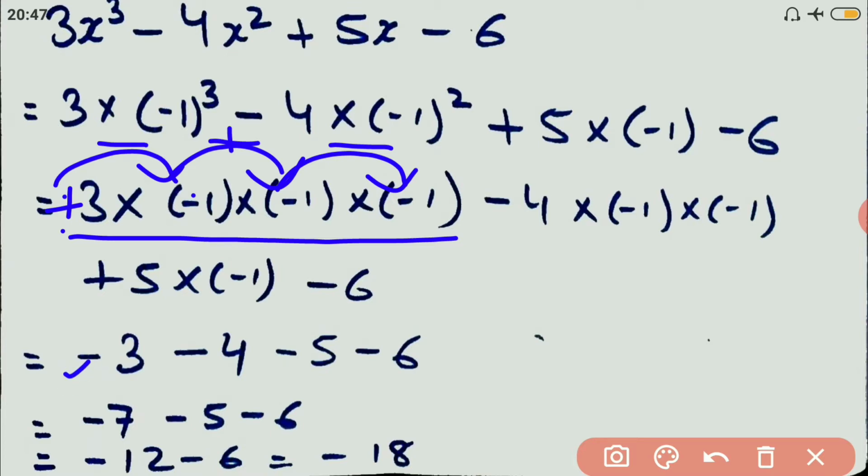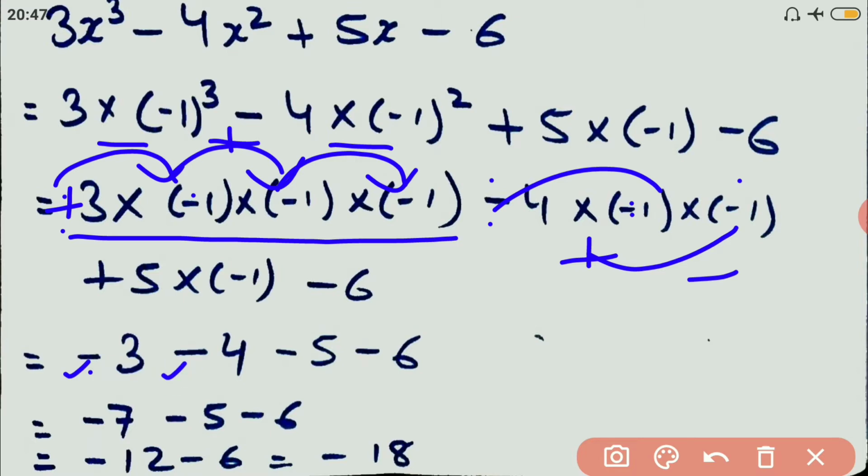Or in a simple way we can find it out by counting the number of minus signs. If there is an odd number of minus signs, the final answer will have a minus sign. If there is an even number of minus signs, it will have a plus sign. So here also, minus into minus shall give me a plus, minus into minus shall give me a plus, again plus into minus shall give me a minus. How many signs are here? 1, 2, 3. So 3 is odd, therefore ultimately we shall get a minus sign.